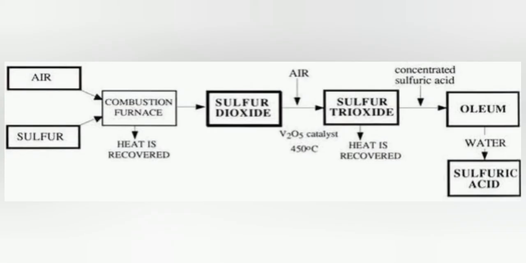So let's have a look at the contact process in the form of a flow chart. We react sulfur and oxygen in the combustion furnace to form sulfur dioxide. Then we use a catalyst, 450 degrees Celsius temperature and very low pressure to form sulfur trioxide in a contact tower, and then we use concentrated sulfuric acid and sulfur trioxide to form a compound called oleum. Then we mix oleum with water and we get an acid known as sulfuric acid that is very important to us in our